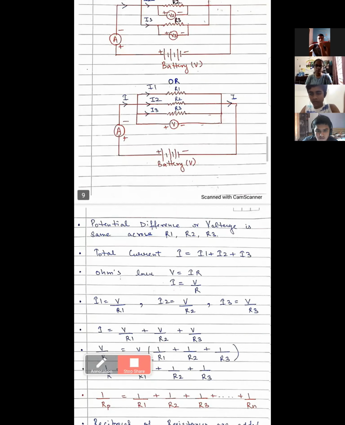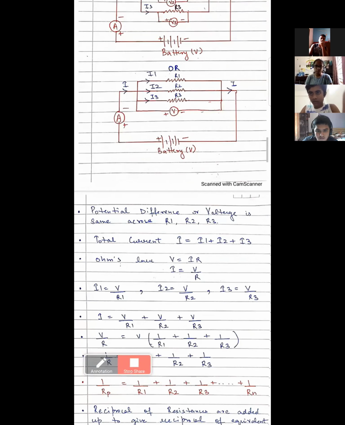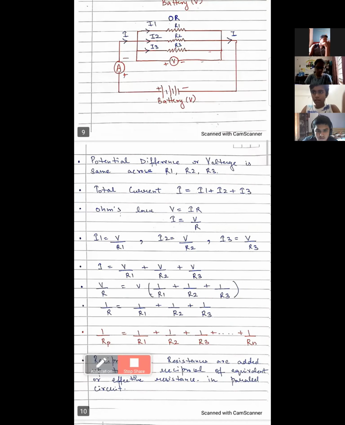So total current will be I equal to I1 plus I2 plus I3. Again implementing Ohm's law, V equal to IR, so I will be V by R. So I1 will be V by R1, I2 will be V by R2, and I3 will be V by R3. Now implementing this in the first equation,